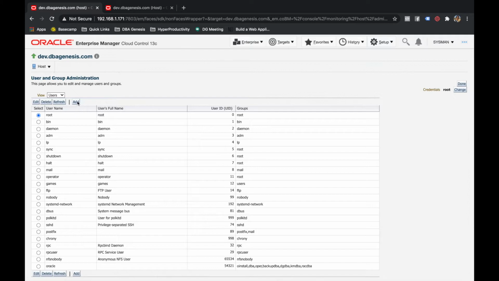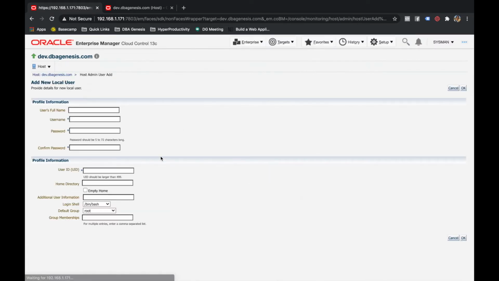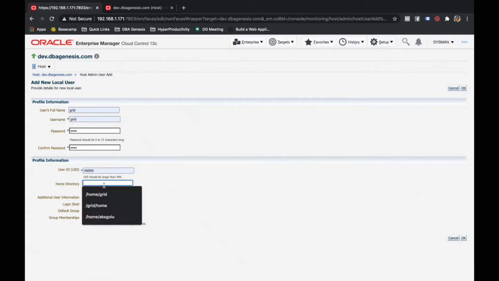So what I'm going to do is I'll click on add, and let us see if we are able to add a user. So I think I was trying to add this grid user. You can see the username is grid, password I'll give as grid. We are just testing. UUID I'll give something, and home directory will be /home/grid.